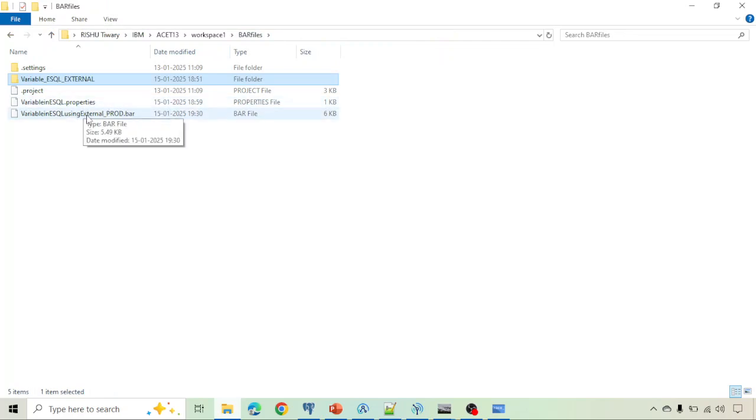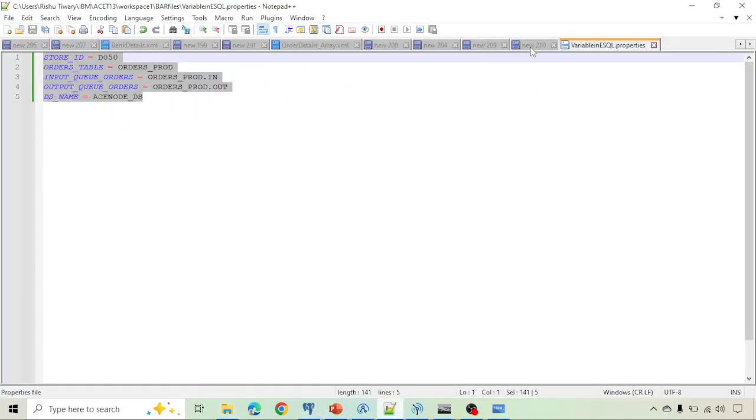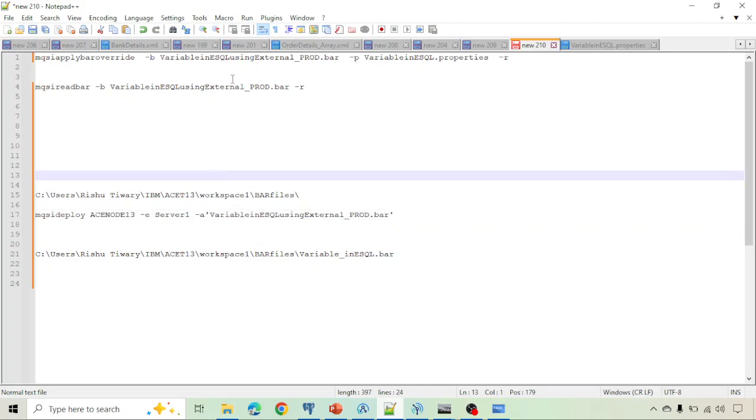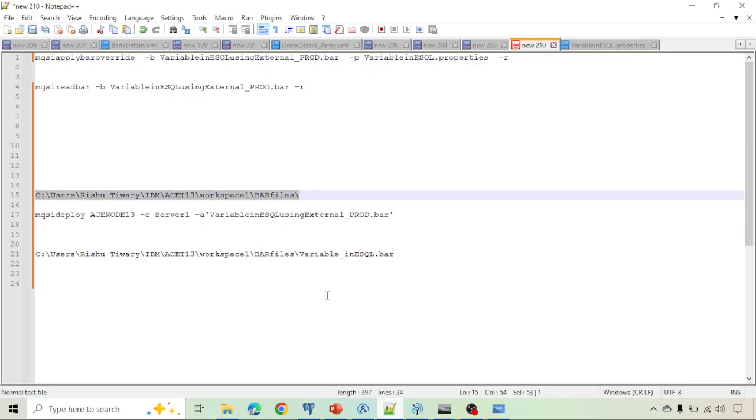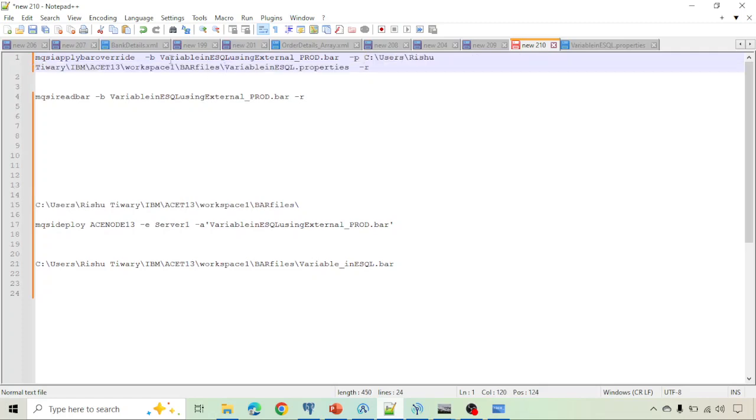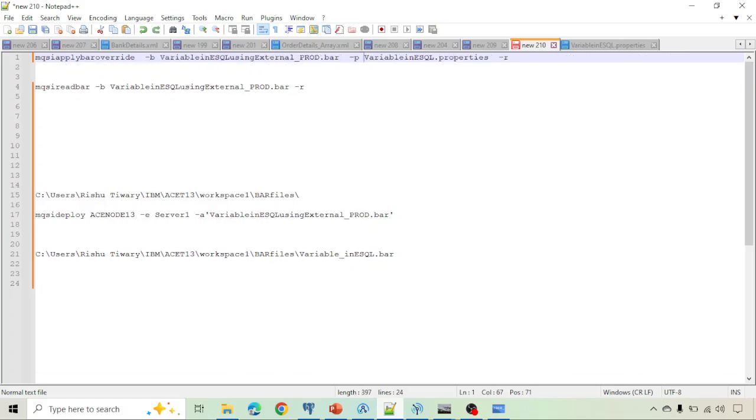It will be easy to deploy the solution, because if you do not keep it in the same location, before applying the bar override we need to mention some path before that. So that will also work if you mention some path before that. To avoid writing the path, we can just keep the bar file and the property file in the same location,